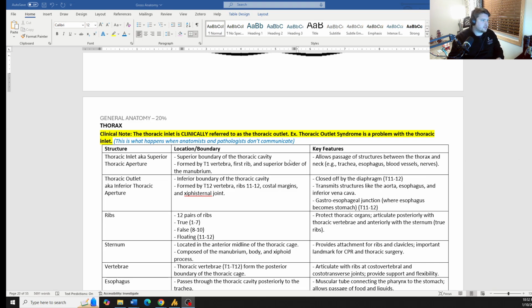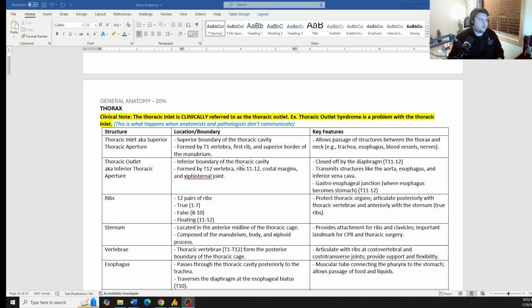Okay, the thorax. As we continue to do this, there are going to be certain big tables that have a lot of information in them. I'm going to point out the most important, and then I want you to walk through these as well on your own, read through them and see if there's anything that you don't know right off the bat. That's the kind of stuff you want to focus on. So here,